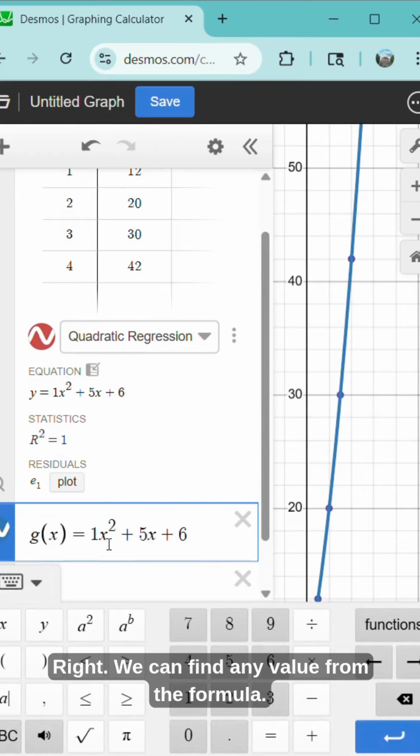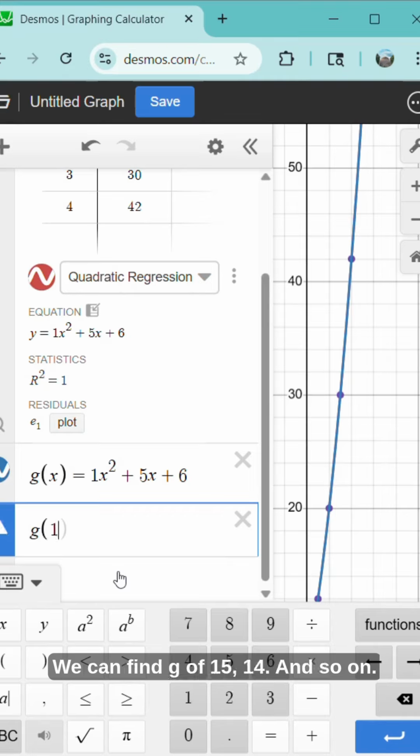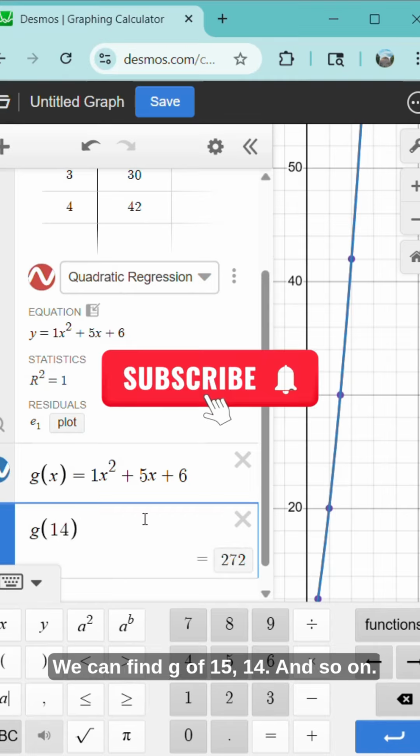And we can use this, we can call it g of x, right? And we can find any value from the formula. We can find g of 15, 14, and so on. So those are the 3 key